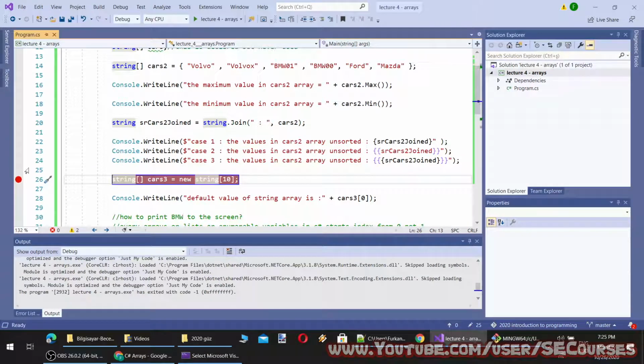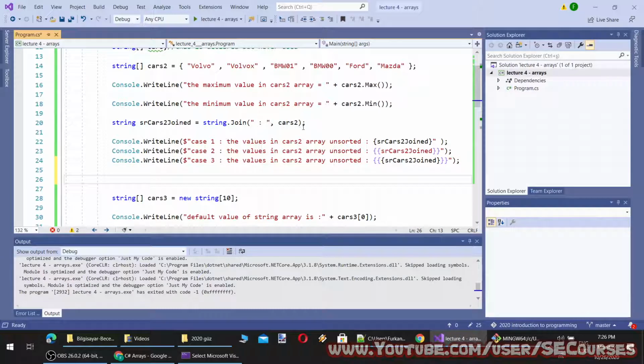Instead of string join, what could I have done? I could make it printed like this. But this is equal to what I will show you. This was equal to this, 0 plus this, and then plus this one.